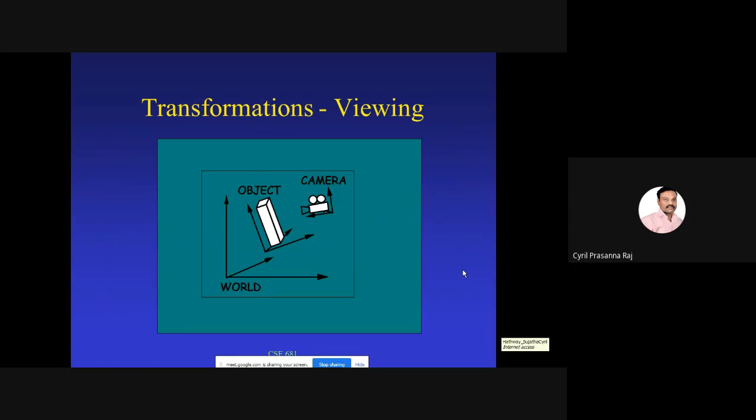Assume that we have a mobile phone in our hand, and we are trying to take a snapshot of an image. You are holding the mobile phone in your hand, standing, and you are able to take pictures. Assume that you're taking the picture of a tree, or a building. Now you're holding the camera and taking the picture of a building from one side of the building. Your friend may also hold a camera and take the picture of the same building from the other end. Now what happens?